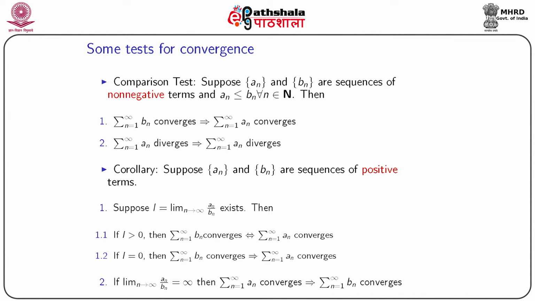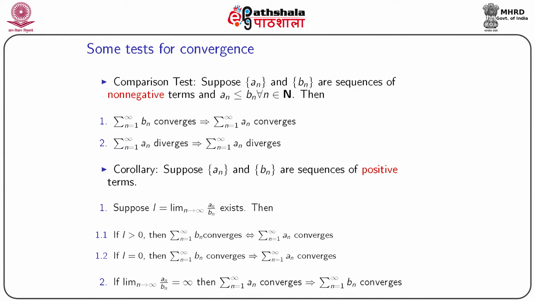One important corollary is that suppose a_n and b_n are sequences of positive terms, and suppose L is equal to the limit as n tends to infinity of a_n over b_n exists. Then if L is greater than 0, we say that the sum over b_n converges implies and is implied by the sum over a_n converges. If L is equal to 0, then we say that if the sum over n from 1 to infinity of b_n converges,